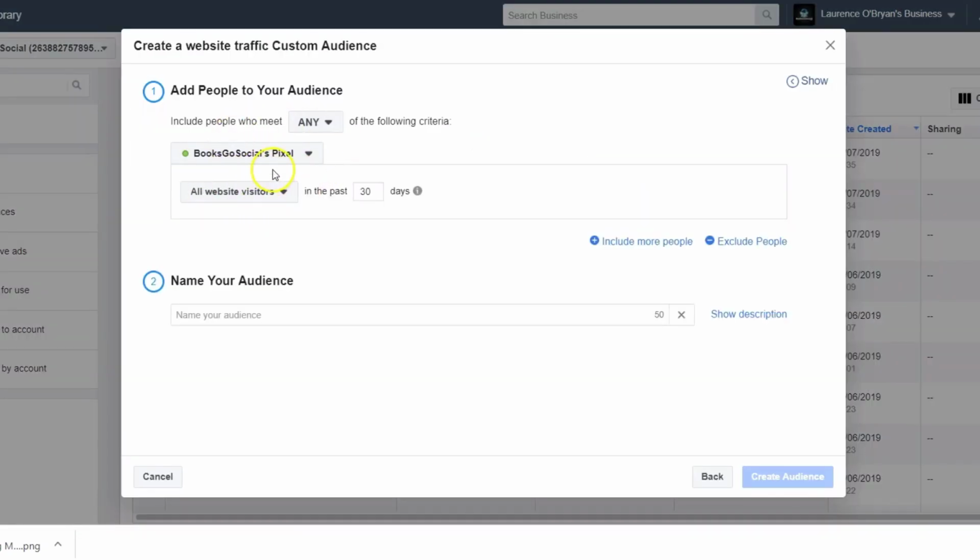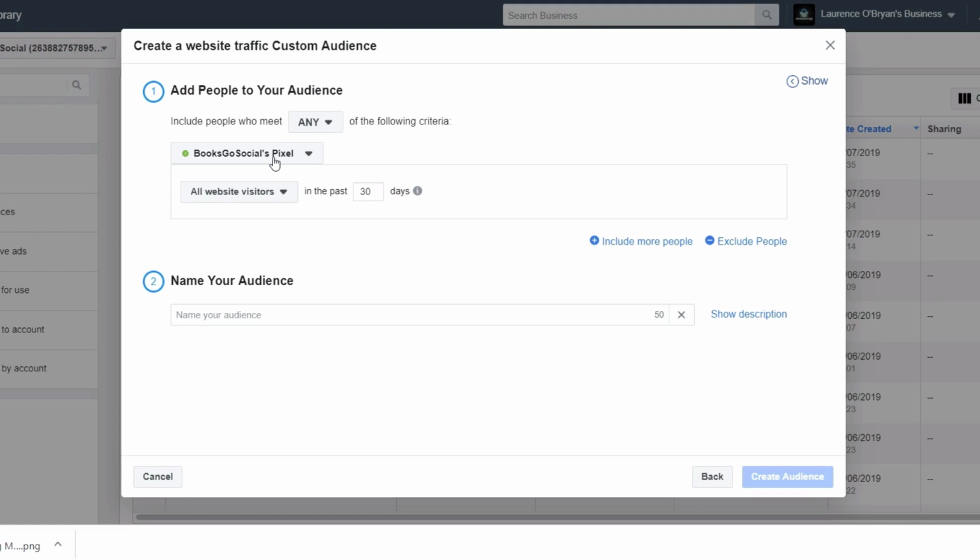So the key thing here is that you've inserted the pixel, which is a bit of code that Facebook gives you in your ad account, which clicks every time somebody goes to that web page. So it's a bit of code that records everybody who goes to a web page and puts them in a list if you set up the custom audience. So we've got our pixel, we've got that piece of code, and we put it on a landing page for a specific book. We create these landing pages for each book, for each author we work with, to allow us to build up a retargeting audience.